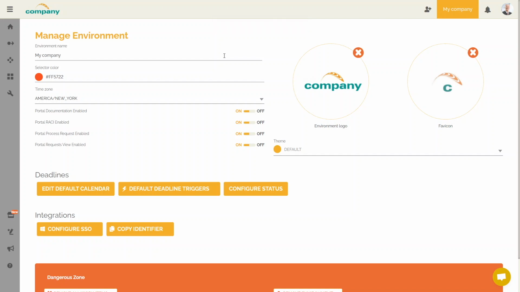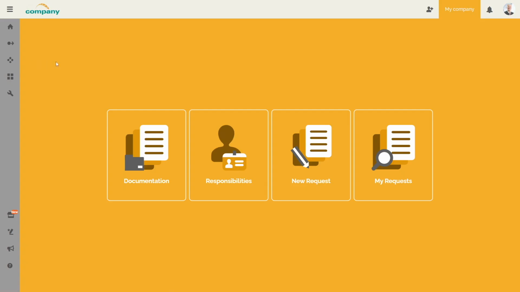You also have the possibility to configure the options available in the portal. By default, Heflo gives access to these 4 options, as we saw in one of our previous videos.